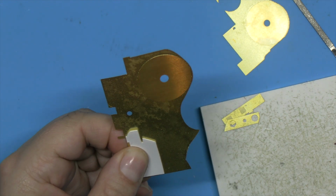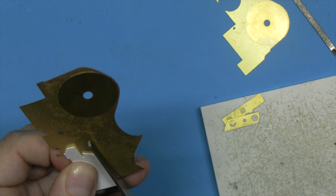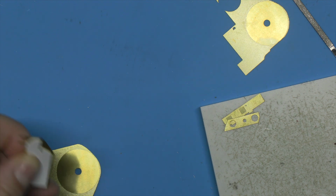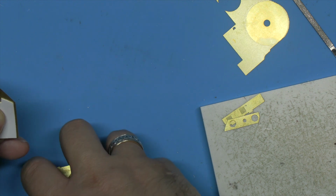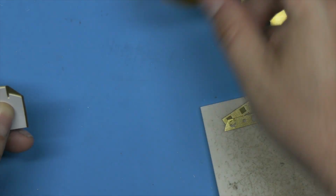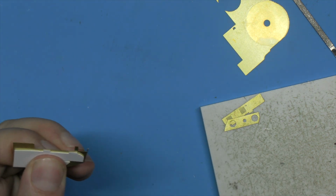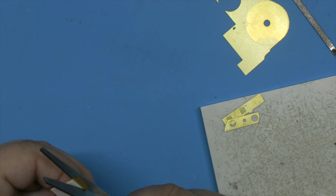Going to start by just roughing this out. So I've determined that we're going to need both sheets to make this steel deck, because I can't fit them in and keep the steel deck direction correct. So, but we have cut out the bit that we will use. So I think the next thing to do is just tidy this up a little bit, get rid of these little rough edges here and trim that down there,